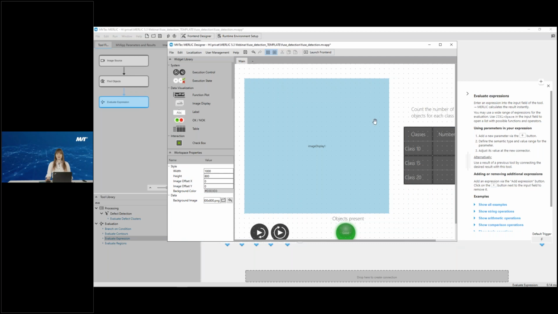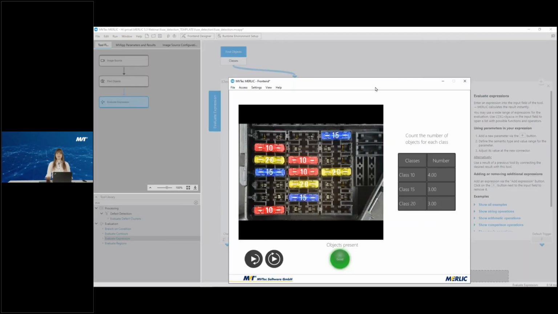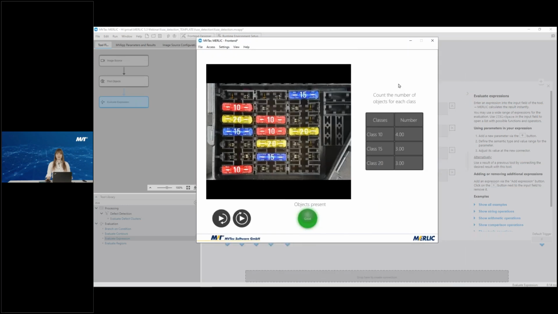Now let's see how our front end works. We launch the front end, and we see here, we can now go ahead and go to the images one by one using this button here. Or I can actually, this is a new feature similar to Halcon,